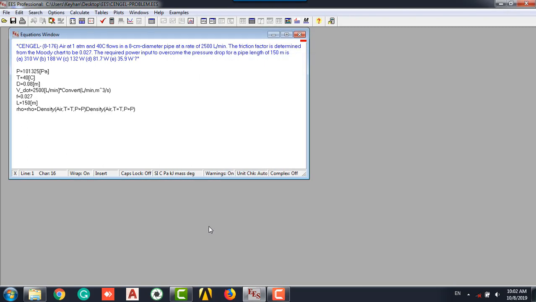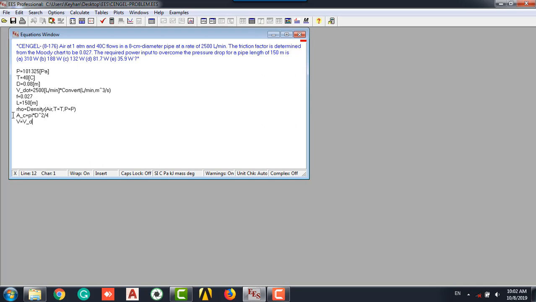So if we paste, the exact equation will be provided, but the rho is not correct in here. Yeah, rho is equal to density. This is the exact thing that we typed before. And another thing is the area of the pipe, which is pi multiplied by diameter to the power of 2 divided by 4, and V is equal to V